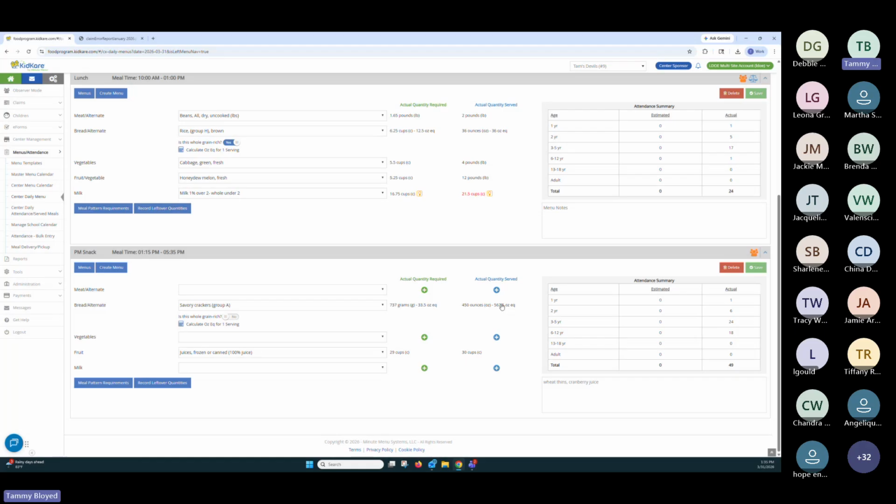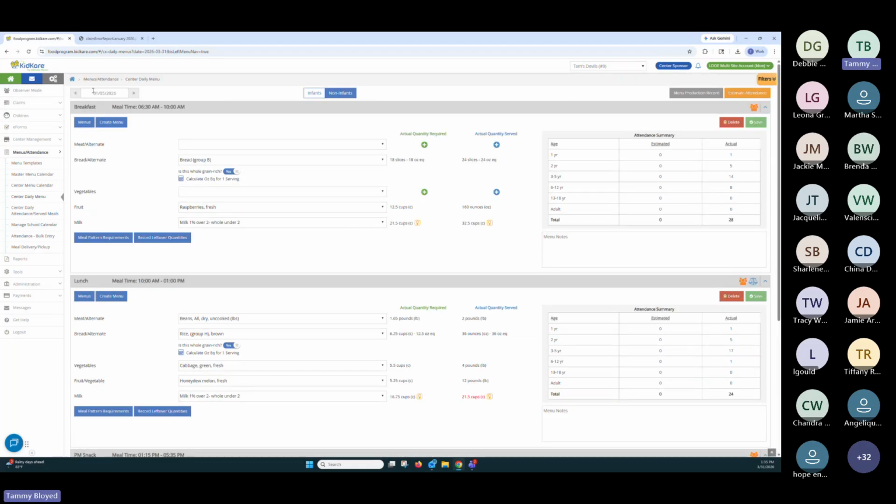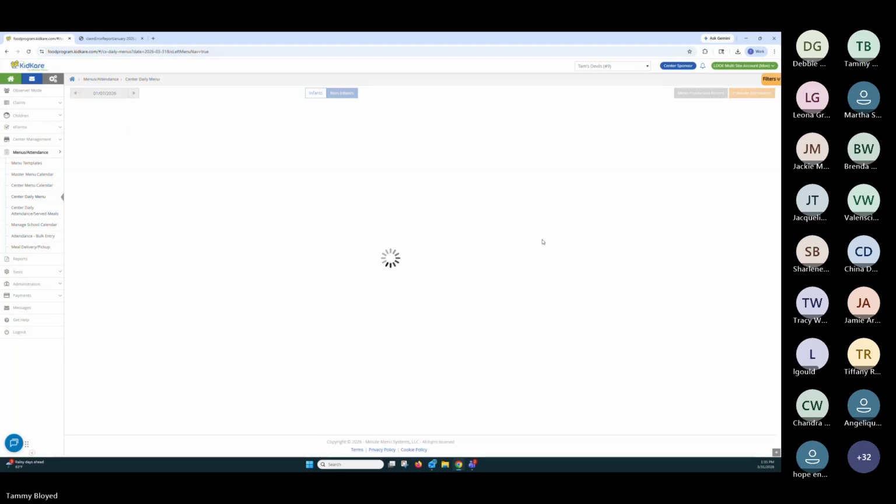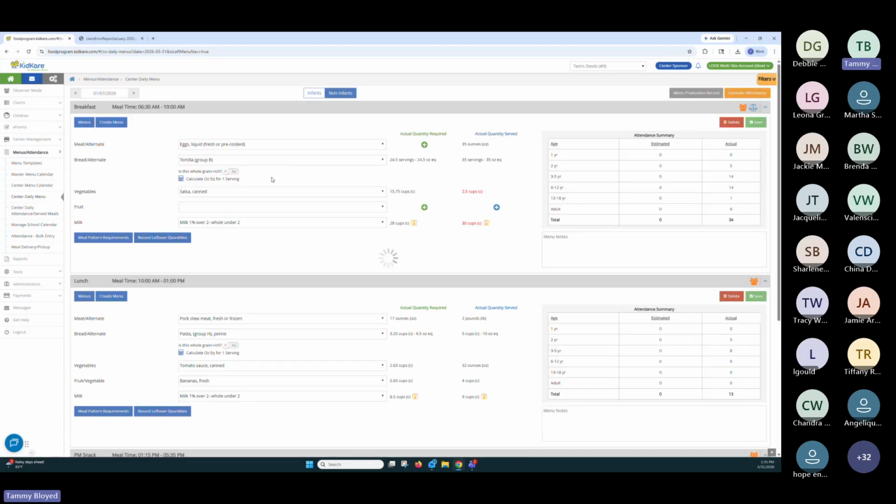We covered the broccoli. One more example for this. So for breakfast today, we have liquid eggs with a tortilla and salsa. Obviously, we were serving burritos. That's great. Here's the problem. KidKare wants you to have served 15.75, that's almost 16 cups of salsa on probably 34 burritos. You did not put half a cup of salsa on every burrito. You probably put between a half a teaspoon and a half a tablespoon. So this 2.5 cups is probably closer to accurate than the 16 it's looking for.